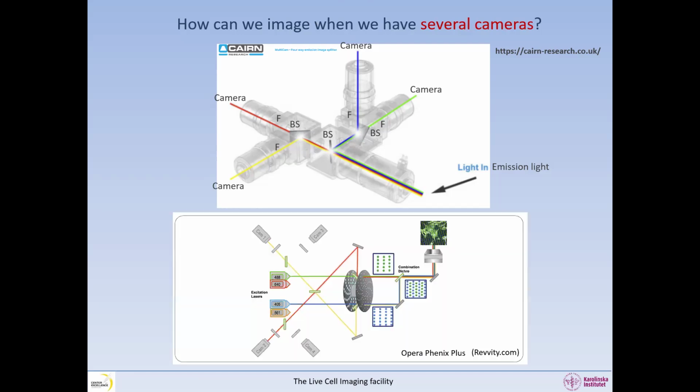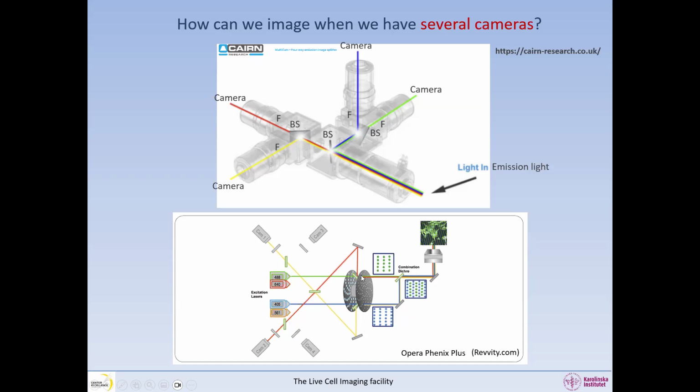Or this can also be applied if, for example, we are imaging with a spinning disk. In this picture, I depicted how it works in the Opera Phenix microscope or system. Basically here the excitation light will be projected onto opposite sides of the spinning disk, after which the light will be guided to your sample. In the same way, the emission light coming from the sample